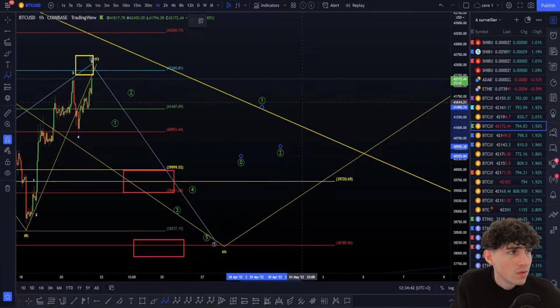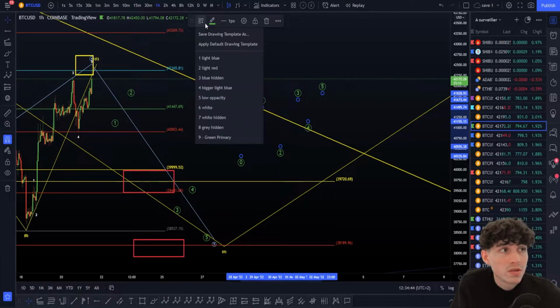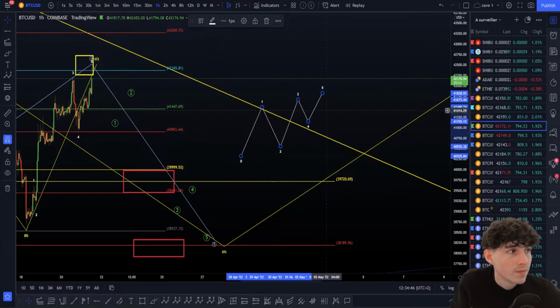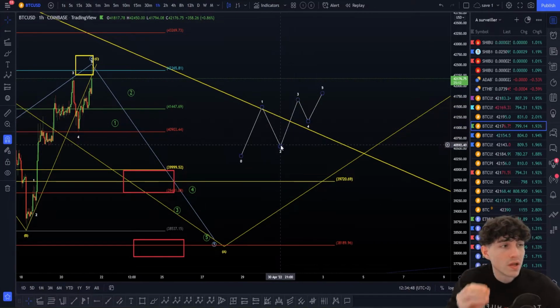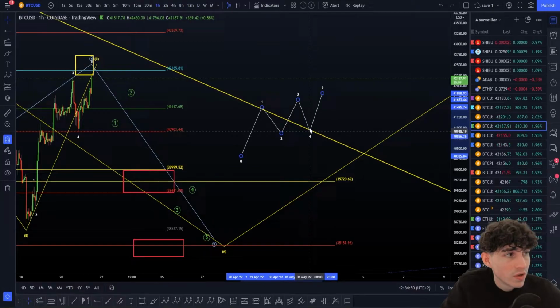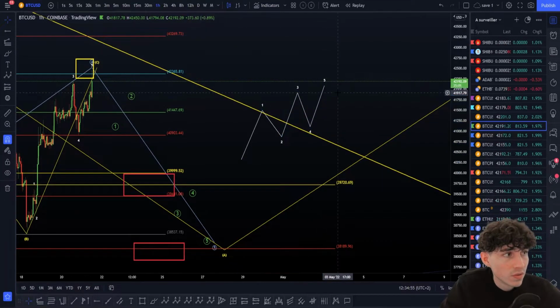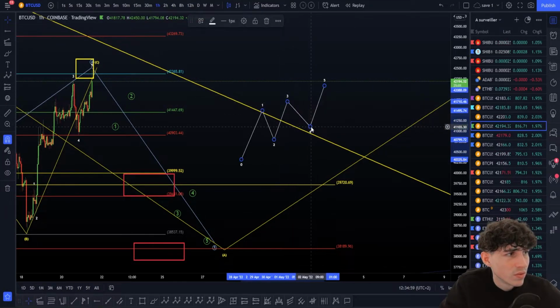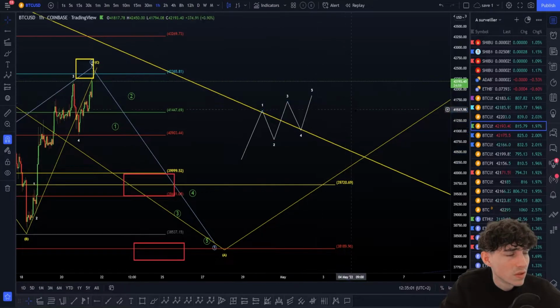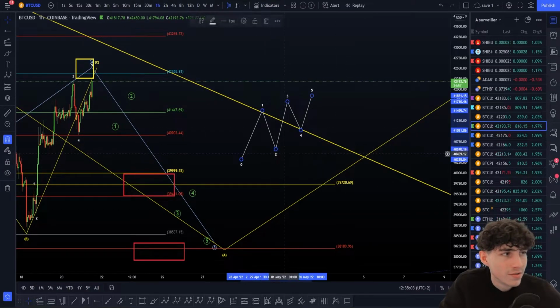1, 2, 3, 4, 5. It's like a wedge to the upside. I'm going to make it like this. Right? It's like a wedge, a triangle to the upside like this. Of course, the wave 4 cannot break the wave 2. We'll have something like this. The wave 5 cannot be truncated for a leading. Okay, right here. That's a really ugly one. I really apologize for that, but you understood me. It's like a triangle, to the upside, a wedge.